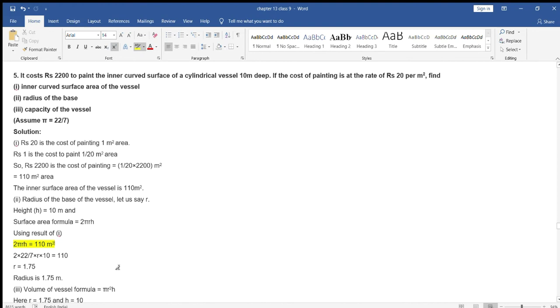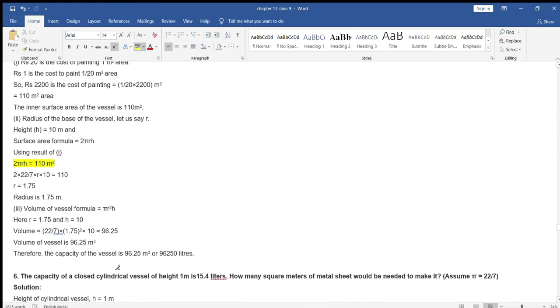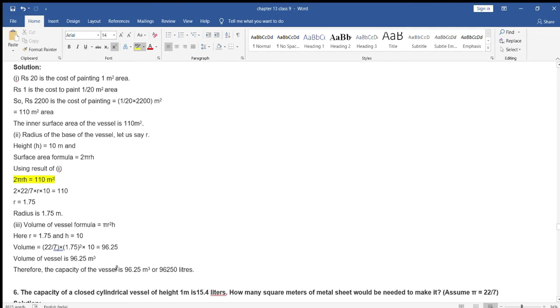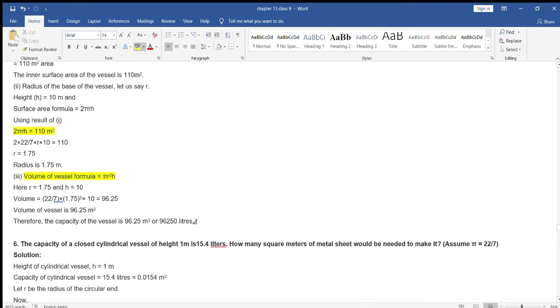Now the third part, we have to find out the capacity, and capacity is always in liters. We can convert it. So before finding the capacity, what do we have to find out? We have to find out the volume. You have to learn all the formulas, then only it is easier for you to solve the question. What is the volume? It is pi r square h. So putting the values, you can find out the volume. And volume is in meter cube. Now you know the conversion unit. For converting meter cube into liter, what do you do? You multiply by 1000. So this is our answer.